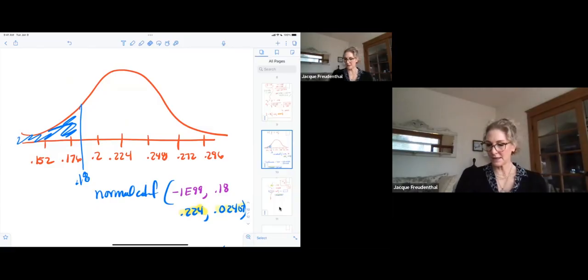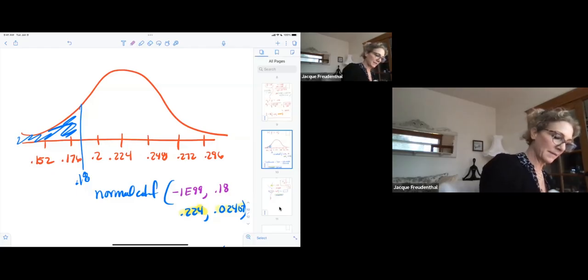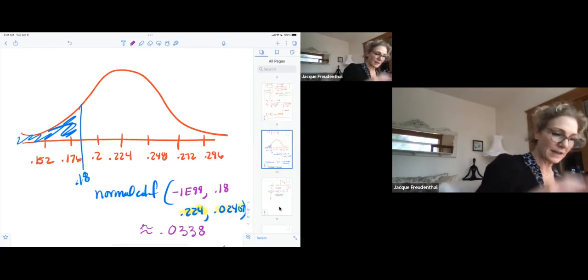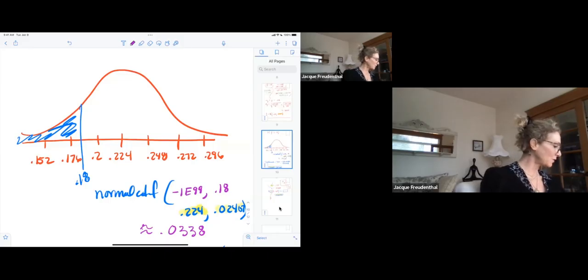There we go. So this is going to be approximately 0.0338. And I'm not going to take you into StatCrunch. You know how to use StatCrunch. But there's my probability. So if I'm asking if it's unusual, we would say,